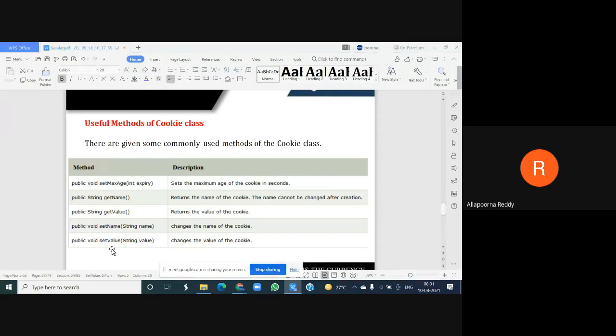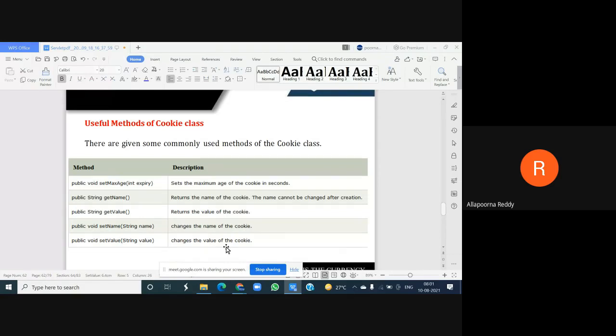But remember, my dear students, these two methods are possible only before the start of the session. Once the session is started, we can't do anything. There is no working of setName and setValue. So those are the optional methods, or I can say some of the useful methods or concepts we had to get our cookie's information.